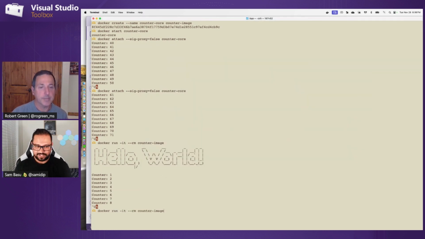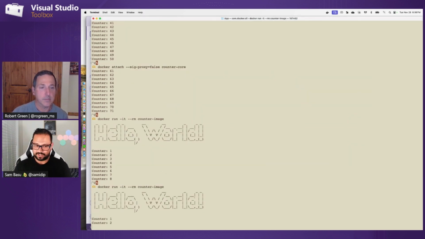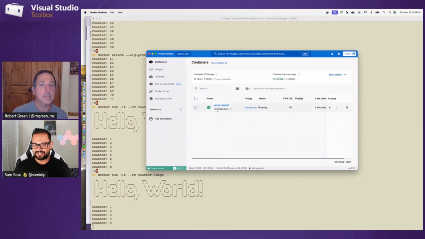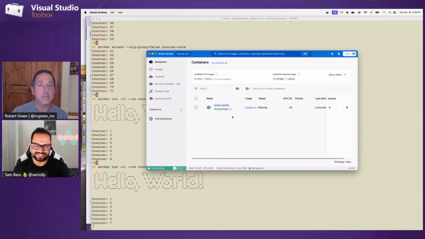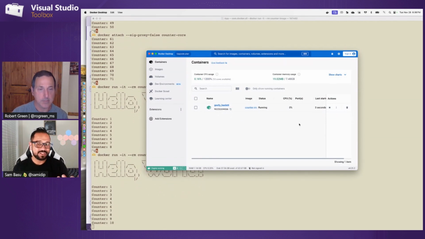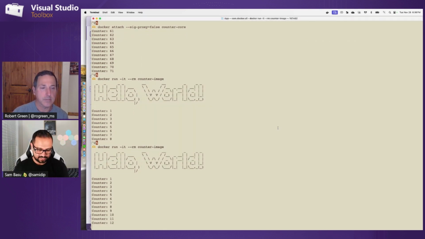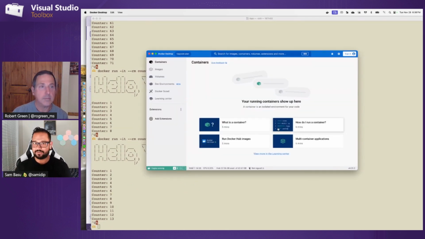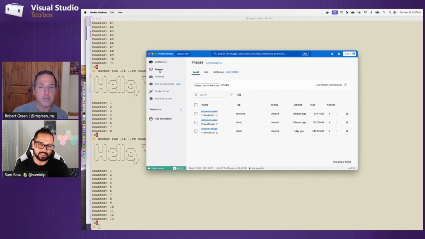So let's do it again. This is really nice because it spins up the container. If I go back to Docker, it just gives it a goofy name. It literally is called Goofy Haslet in this case. It's just a random name. So it's running, and then as soon as I disconnect out of it, it kills the container. Right. So this is really nice, and you can take those containers to Azure, to Kubernetes, anywhere you want to run your .NET. It's going to be right there because it's all dependent on these images that are coming down. Those images come from Microsoft and include the .NET bits that your app needs, right? So this is the portability.